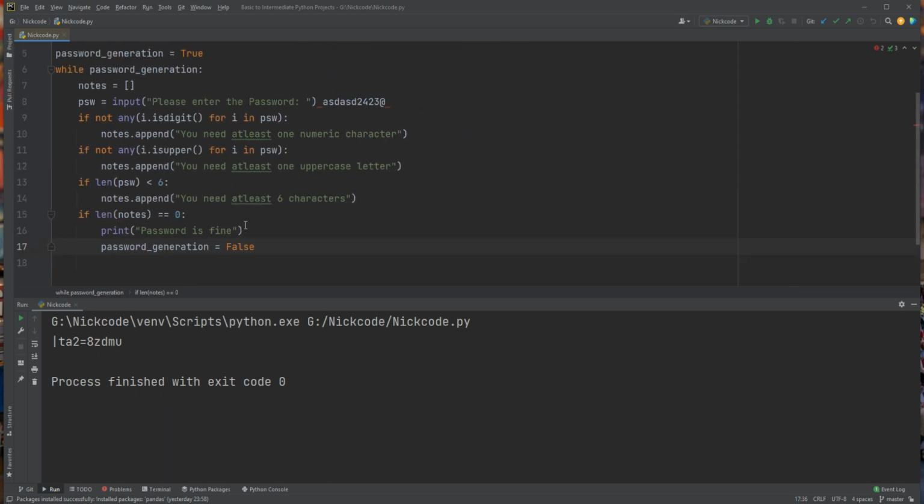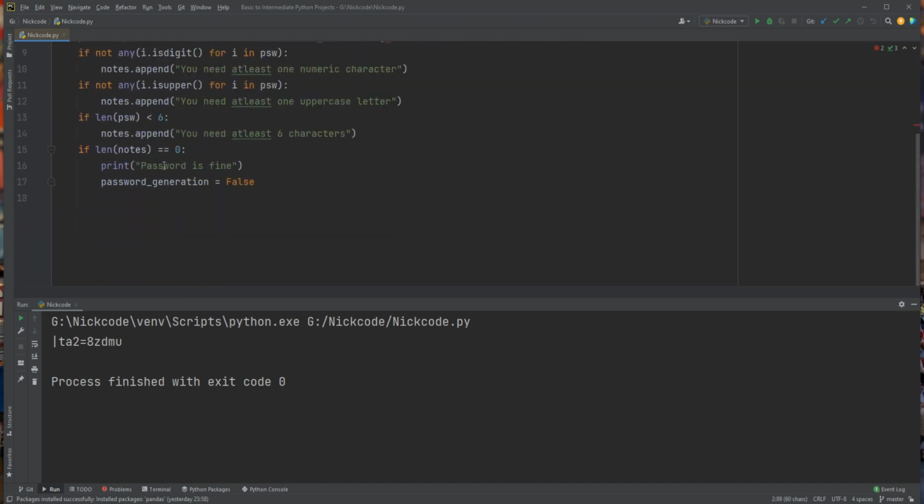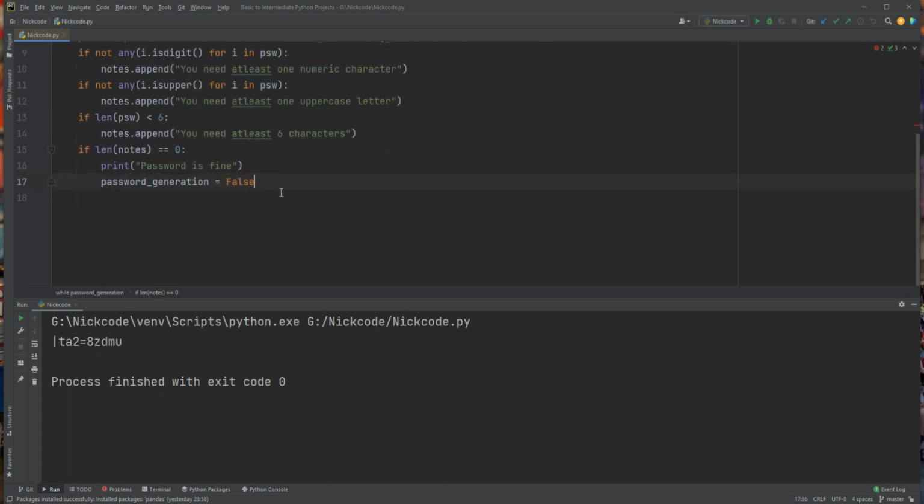The thing is that if there is no error, or there is an empty list, meaning the notes list is empty, then all the conditions are met, and we will print password is fine, and we will exit the while loop.